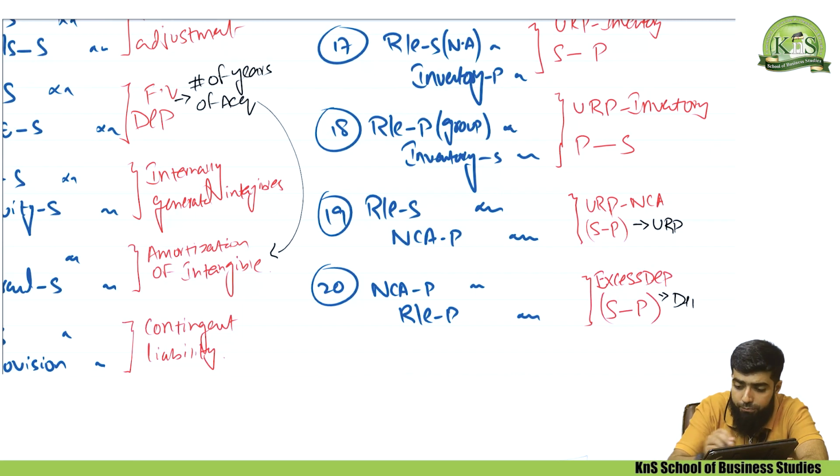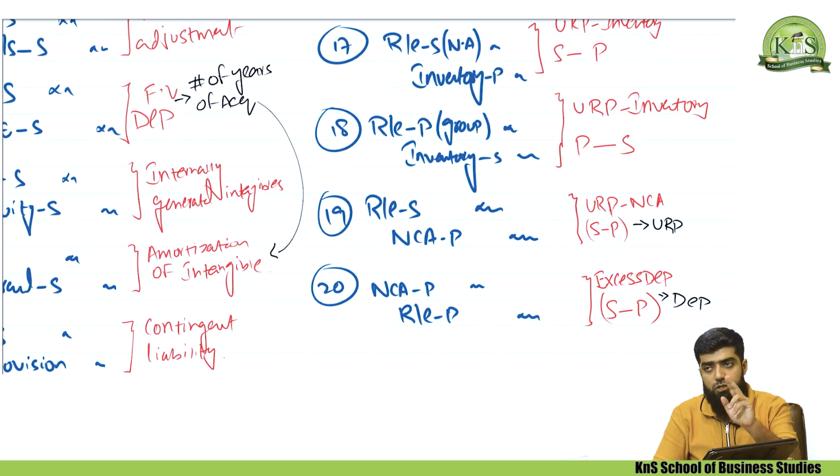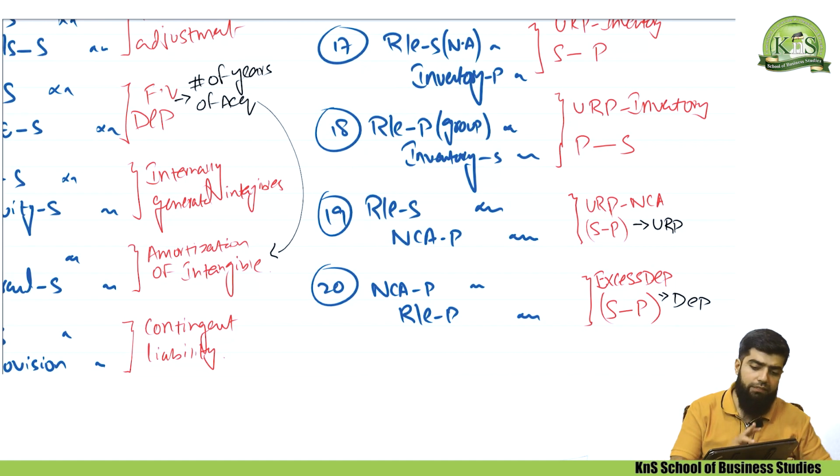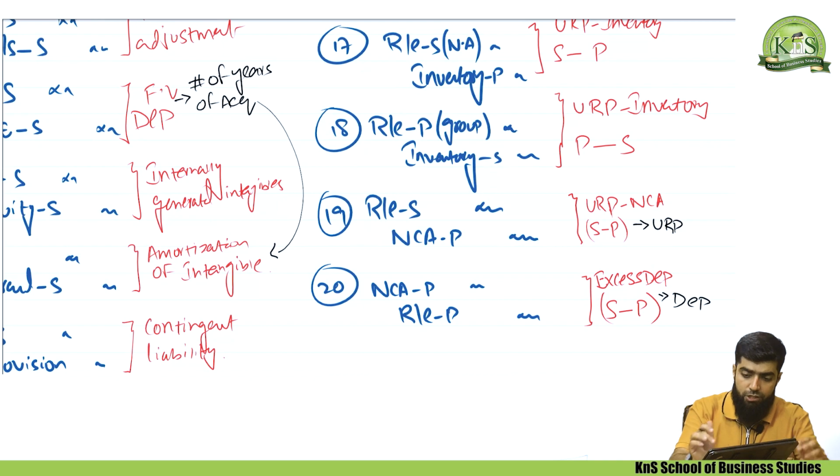But one thing that should be kept in mind is that the depreciation will be adjusted for the number of years transferred. For example, the asset was transferred 2 years ago. It means now the excess depreciation will be adjusted for 2 years. That is, the depreciation will be multiplied by the 2 years. So that was the adjustment.